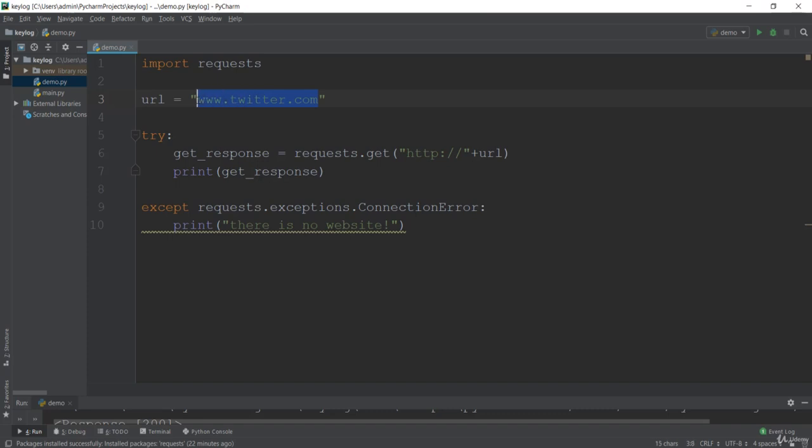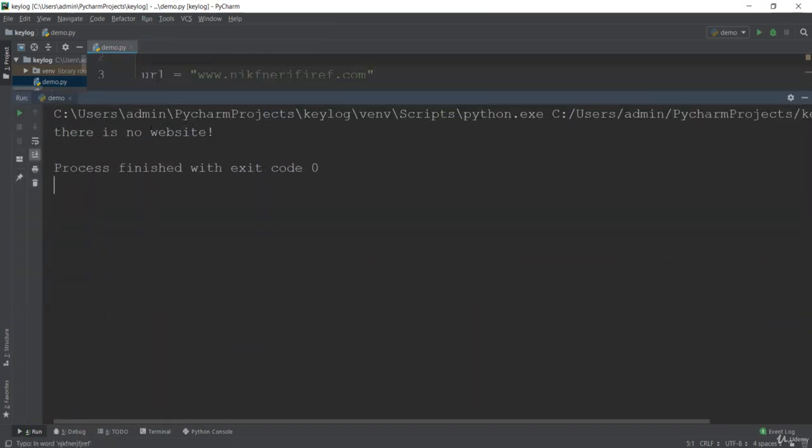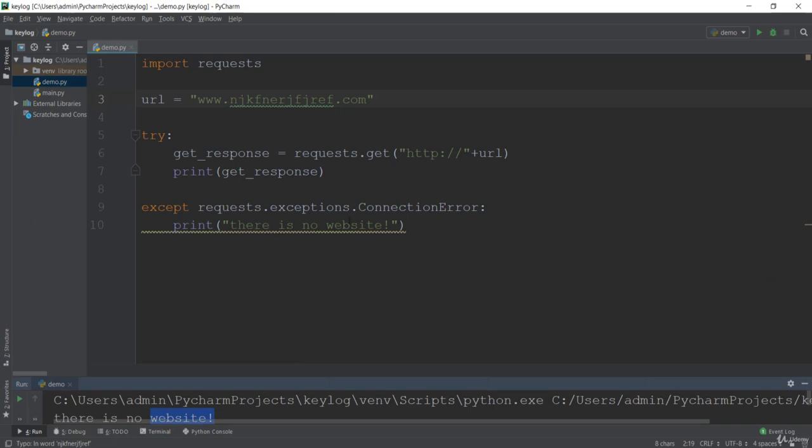For now, if I type any gibberish, say www.somegibberish.com, and run it, it says there is no website because we just got to the exception.